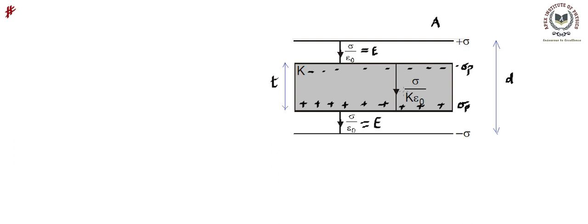Now in these two regions there will be no effect of this polarized charge distribution, because the fields of these two plates will get cancelled out. However, in the part of this dielectric slab, the field will be the original field, that was sigma upon epsilon naught, divided by K. If you remember the field inside a dielectric, we started with E naught, the original, divided by K. So using this we can find the field within the dielectric. Once we are able to find the field in all the space between the parallel plate capacitor, we can find out what the potential difference is going to be.